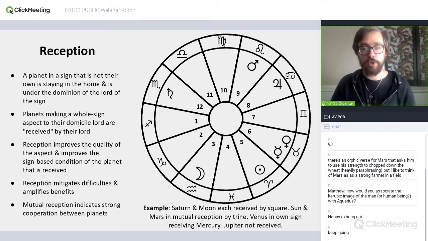Right. So we don't need to talk about reception when a planet is in its own sign because they're not ruled by another planet. Now we also see Mercury in Taurus here, and so Mercury would be received by Venus because Mercury is in Venus's house, and Venus is there too, also in the house, and so that's another strong reception. Venus will be able to look out for Mercury and see to his needs and all that. So this is good and helpful for Mercury.